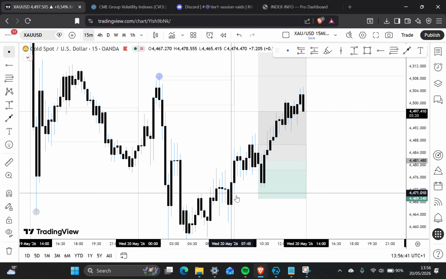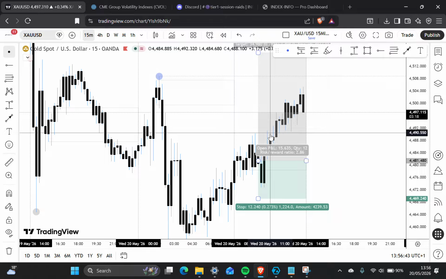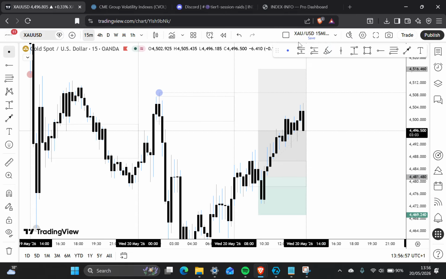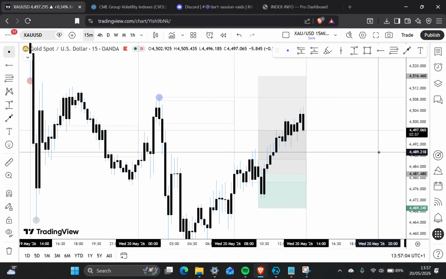We don't have it. This can be classed, yes, it can be classed, because it brought price back above. It can be classed as a micro breach, but it's not classed as a macro, 1, 2. It all depends on if the market wants to accept it. That I cannot tell you. That is something I'm still working on right now, because the market conditions are always changing on a session to session basis. You have to go with the flow.